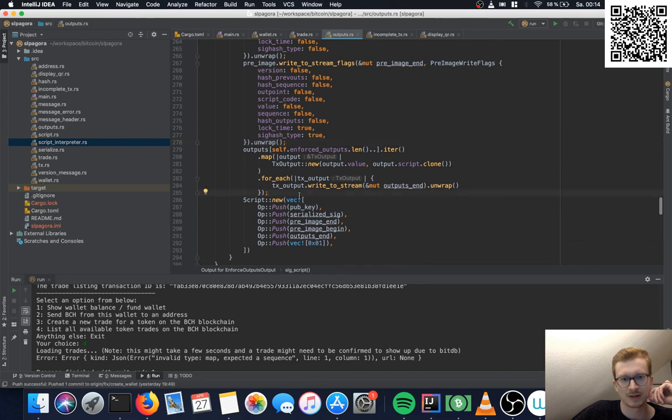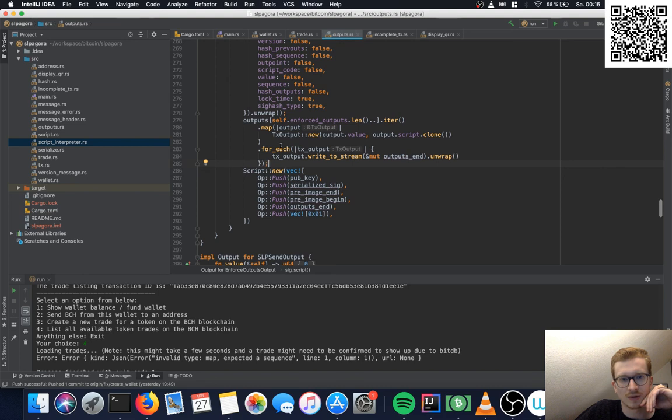After that, we go through all the remaining outputs. So enforced outputs are the ones we have to have, and for the last ones we say, okay, these are the inputs for the smart contract, and we actually want those outputs to be spent.